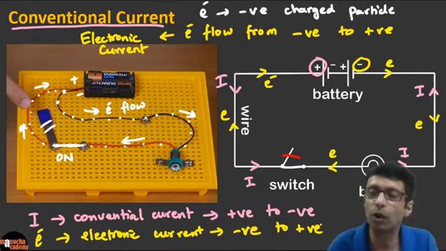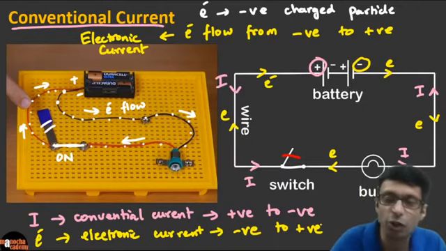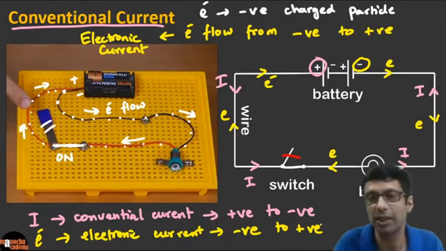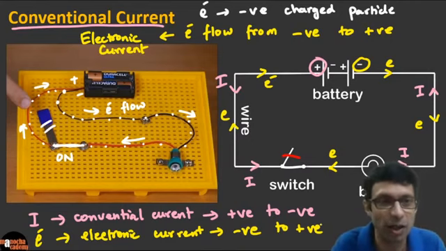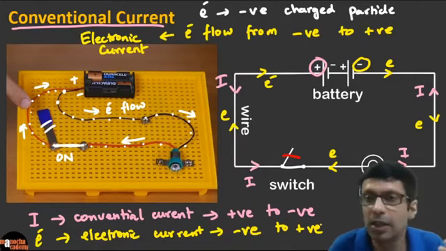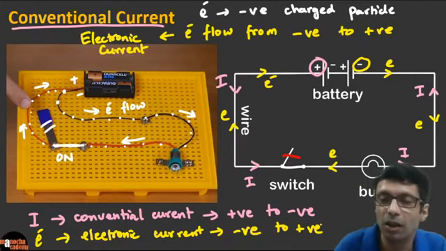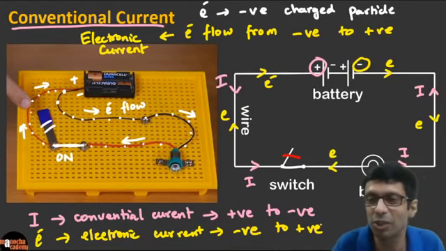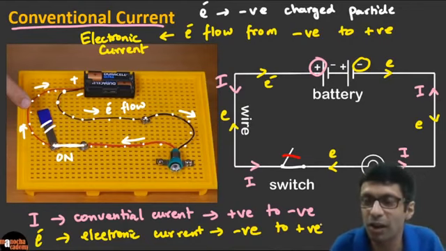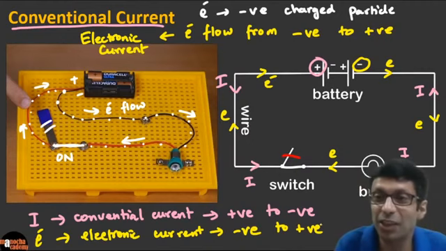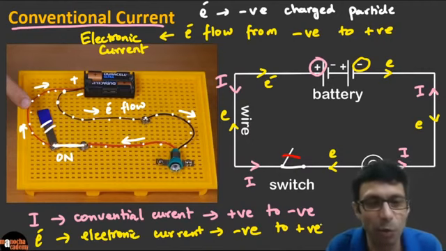The same way, they said, okay, the electricity we are going to mark just like water flows from high potential to low potential. We are going to mark electricity in the same way from high to low potential, so positive to negative, because electricity was discovered before electrons. But when they discovered the electrons, they said, oops, it's actually wrong. The charged particles that are flowing in the wire are not positively charged particles. They are not the protons, because protons are tightly bound in the nucleus. It is really the light electrons that are moving in the wire.